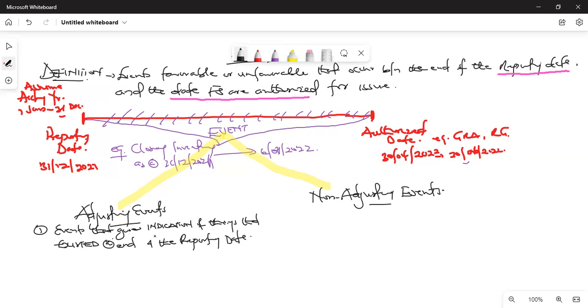Okay, so that is what you need to understand. They give indications of things that existed at the end of the reporting date. It means that the thing was already existing. So it is not like it is now about to happen. They are just stories being told to you about something that already existed. It's not that it is now happening, all right? So it affects